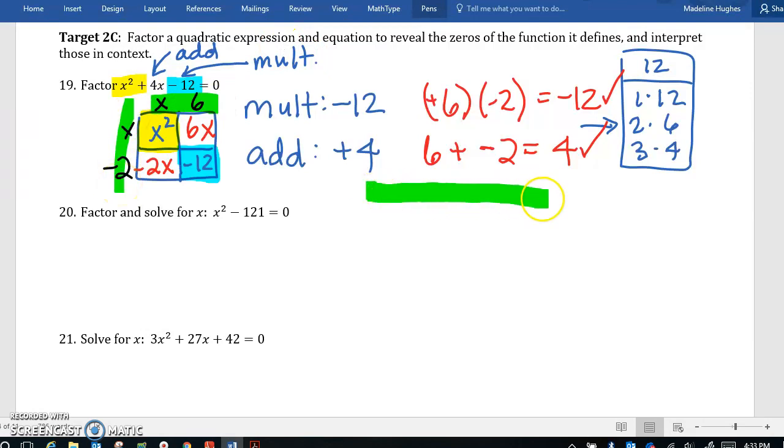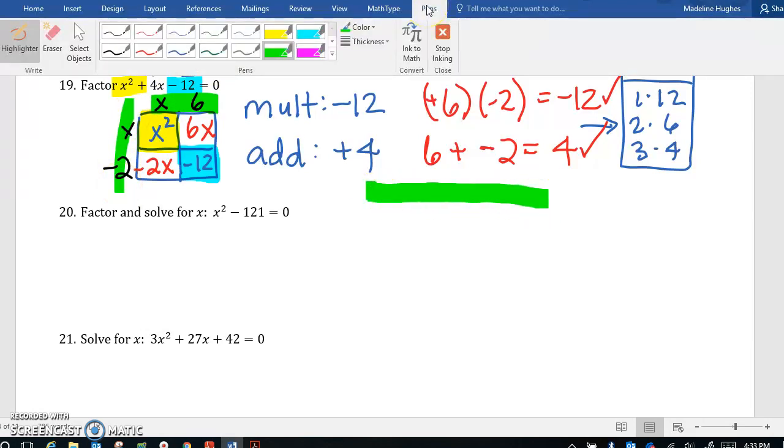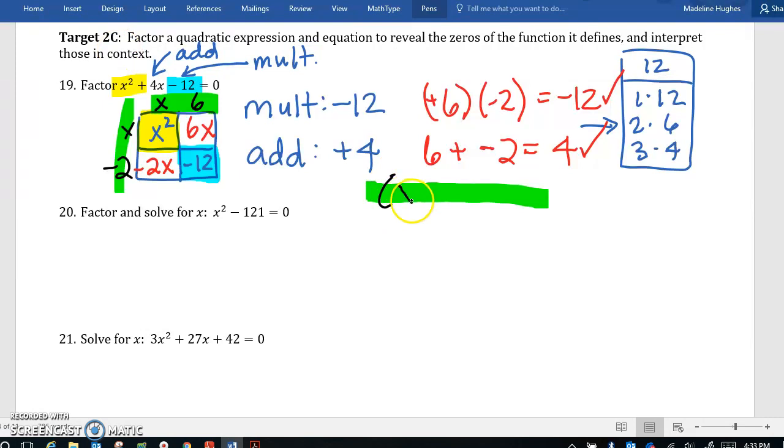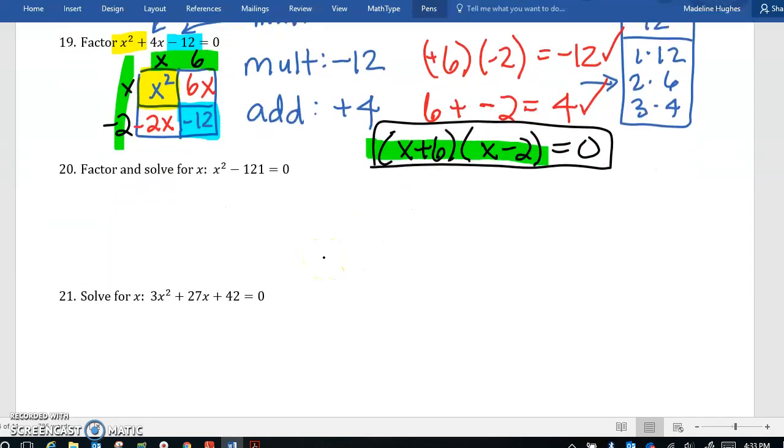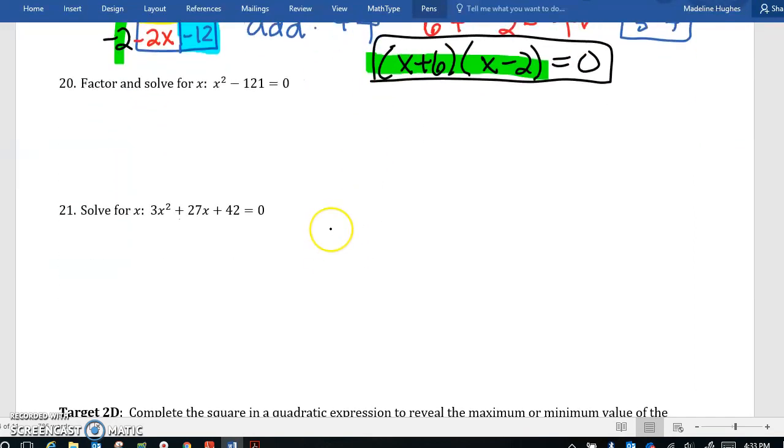So I'm going to write that out in our answer here, highlighted in green. So x plus 6 in parentheses and x minus 2 in parentheses equals 0. And that's all we have to do because all it said was to factor. Okay, number 20, solve. Okay, so the first step in this one is to move the 121 to the other